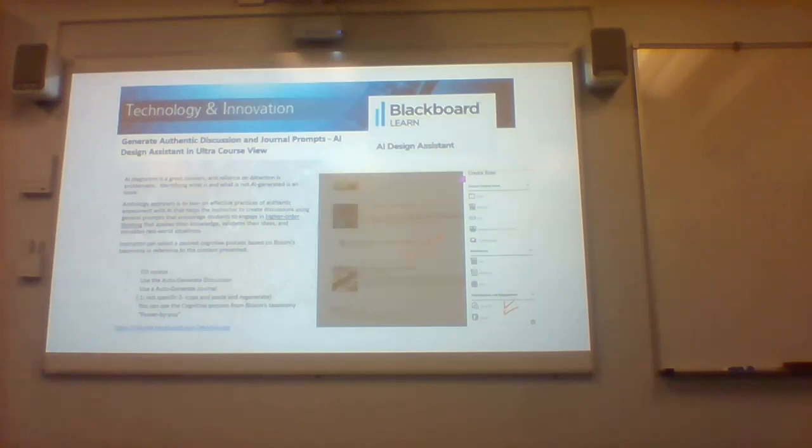So one of the things that ontology has done now is using something called authentic assessment. It really is based on human experiences, and that's one of the things AI cannot build; it doesn't know how to do that. You can ask it, give me an experience that you had, and it doesn't have one. So it will try to replicate something, but it's always not quite there.